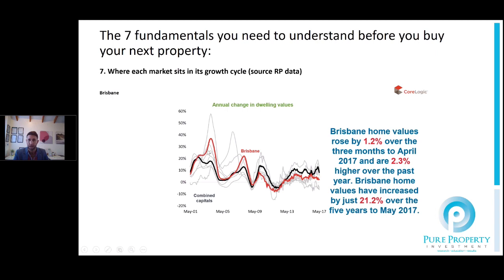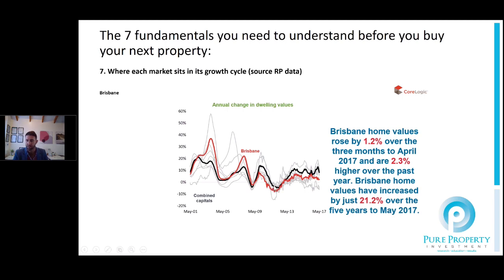which was probably partly on the back of Sydney and, to a lesser extent, Melbourne having a very strong run back at that 2001-2004 timeframe. Brisbane had a very strong net interstate migration back then, which coincided with Sydney being unaffordable and Brisbane becoming much more of an opportunistic market, and their economy was performing relatively well and it continued to grow. And we saw that obviously in this red line here. We can see that Brisbane has had a very good previous probably 5 to 8 years.